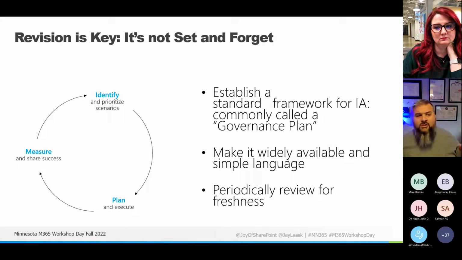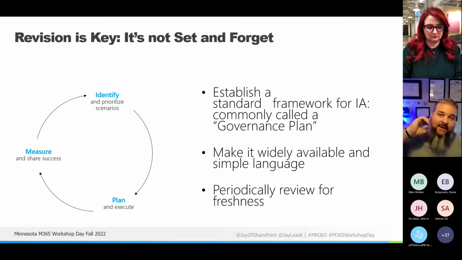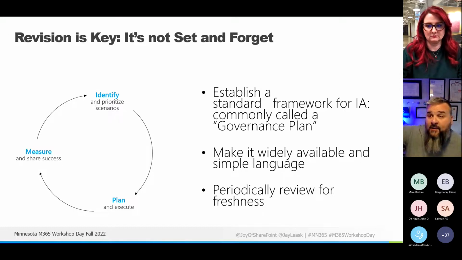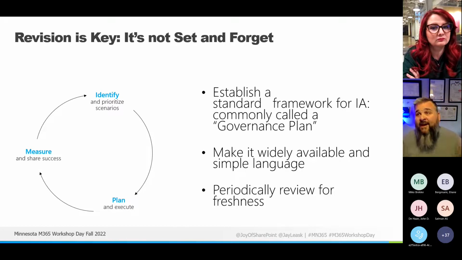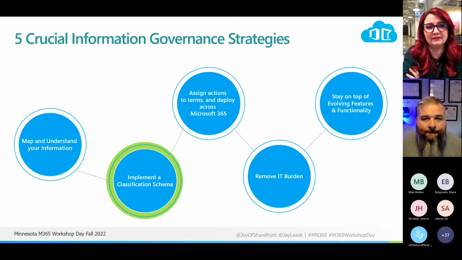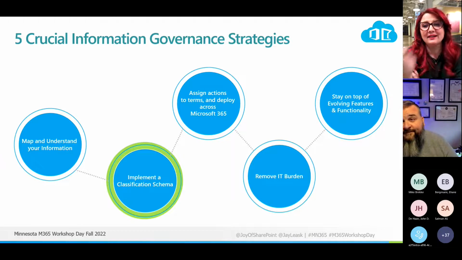Not a complete wash, but that's why there's this cycle. You have to document what our scenarios and priorities are. You then take that and say, this is how we're going to do it, and create a way to execute it. You have to measure that and understand, is it working or not? Is it pushing people to go stand up SharePoint in AWS or Azure, or are they utilizing the tools as we intended them to? And then you have to modify over and over again. Very little is set and forget in our modern M365 landscape.